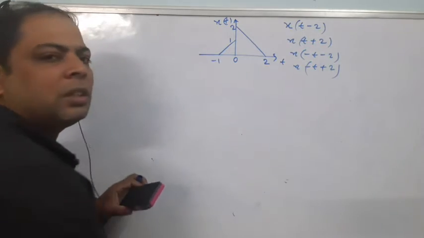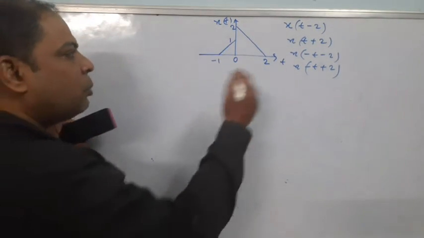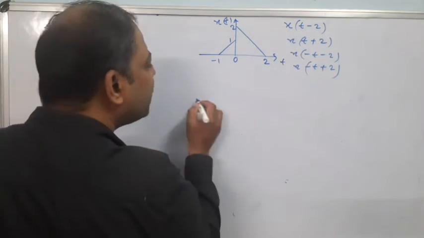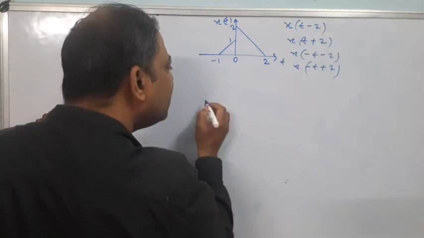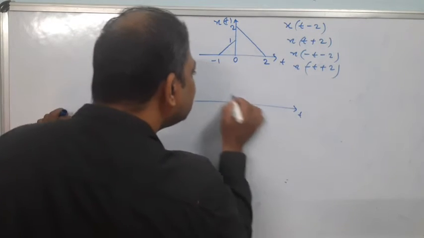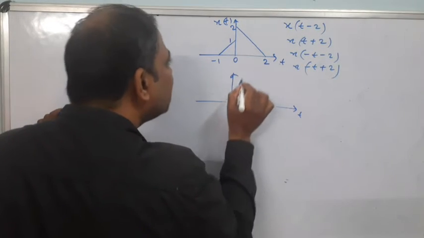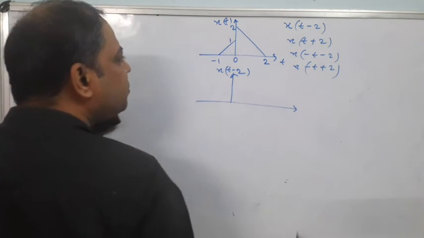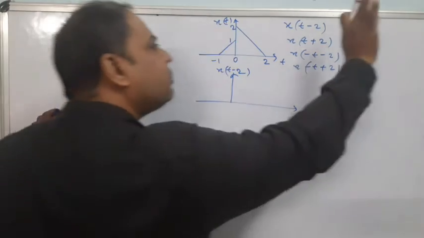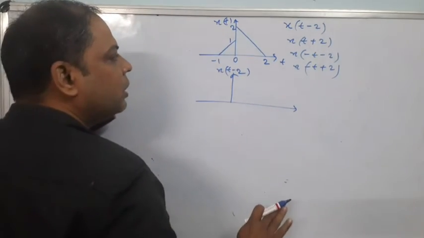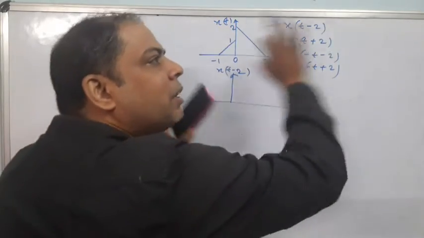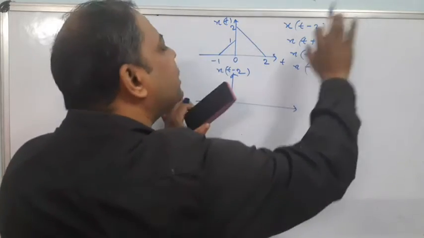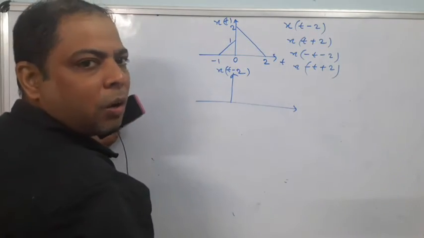Now all these cases, just try to make them. It's very simple, try to understand what you will do. The first is x of t minus 2. t minus 2 means right shifting. Suppose this is the axis, and I will draw x of t minus 2 here. Look, the entire figure shifts towards the right by an amount of 2 units. That means the total figure is shifting. You are not changing the shape. In a shifting operation, you are not changing the shape. You are transferring it to another point over the time axis.